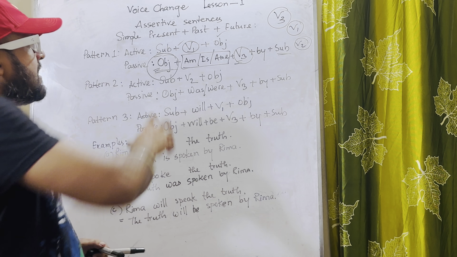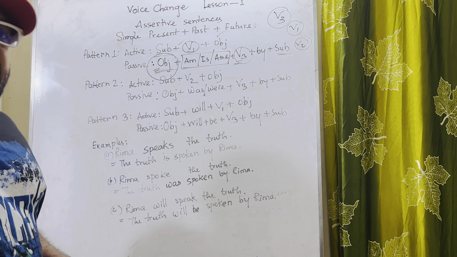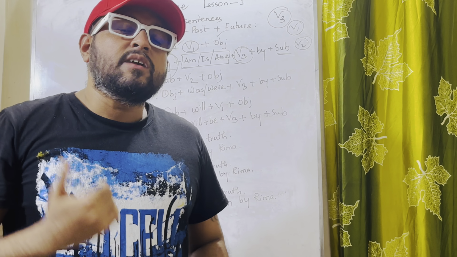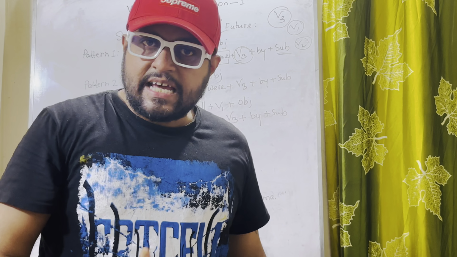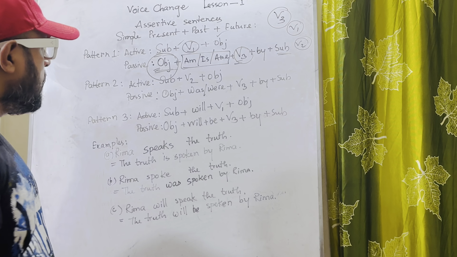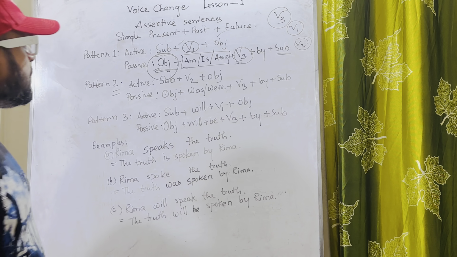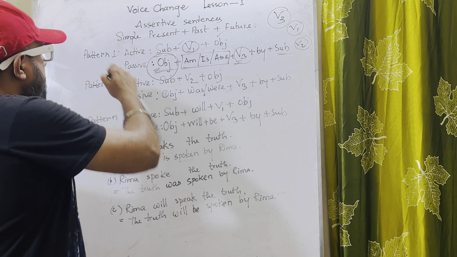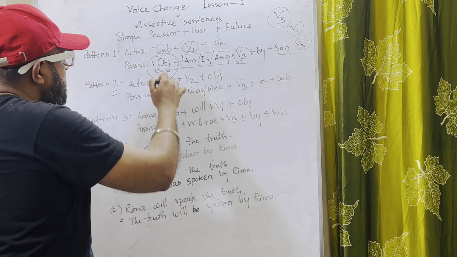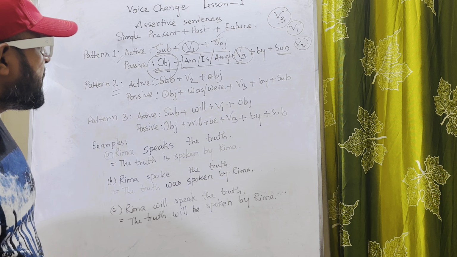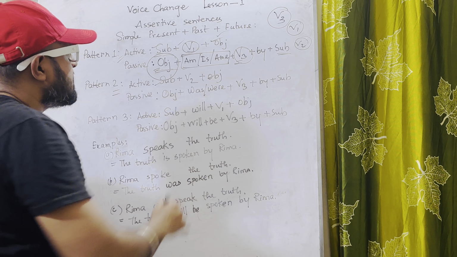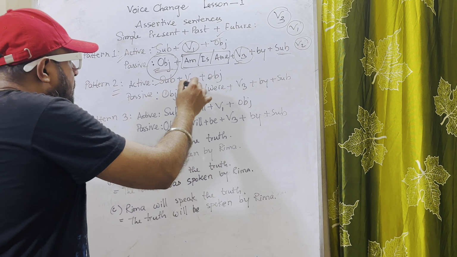Well, if you can understand this structure, exactly in the same way you can transform a past sentence into the passive form. How? Just take a look at pattern 2. There are many similarities between the patterns of active sentences. Both sentences start with the subject and both end with the object. The difference is that here the verb is in the present form, V1 form, and here the verb is in the